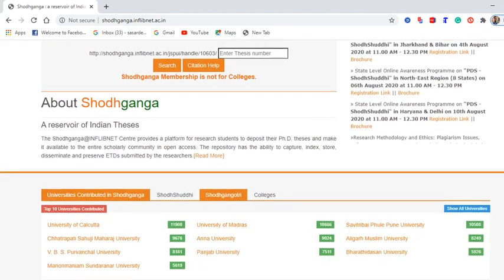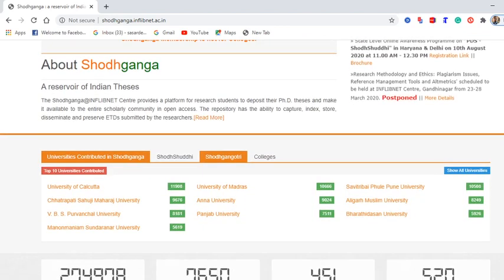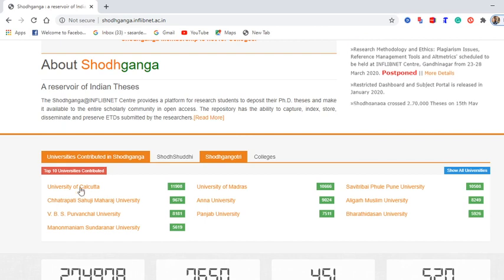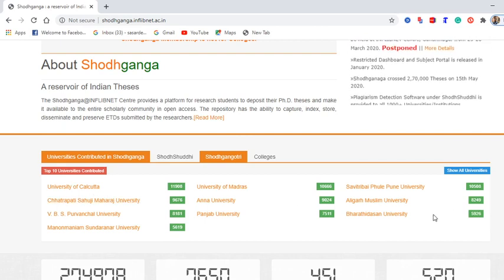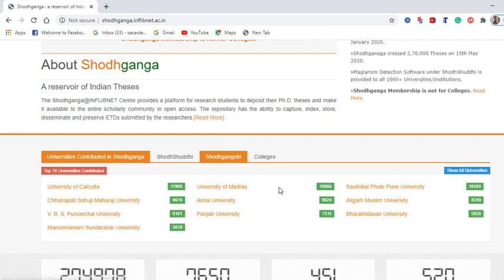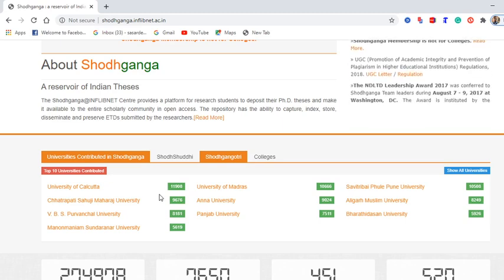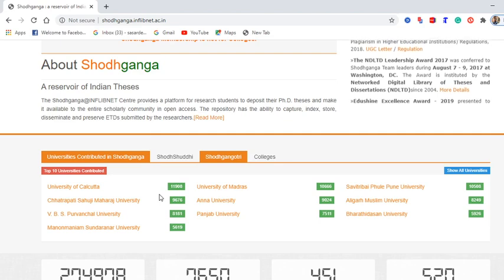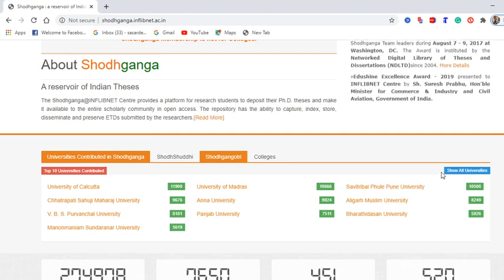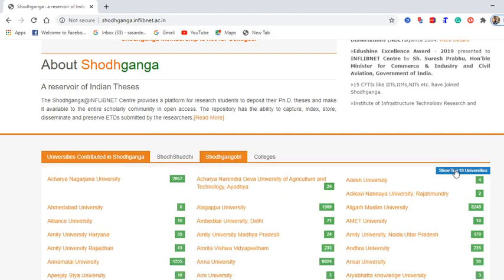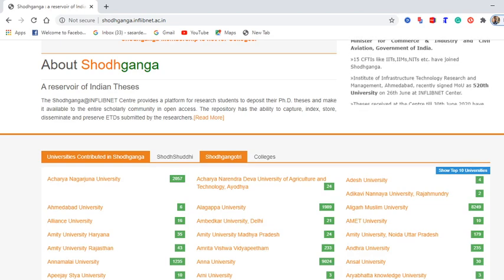Now when we go ahead, we will see that these are all the Indian universities, and here we can find the thesis as per the university. When you click on show all universities, you will get all the universities.